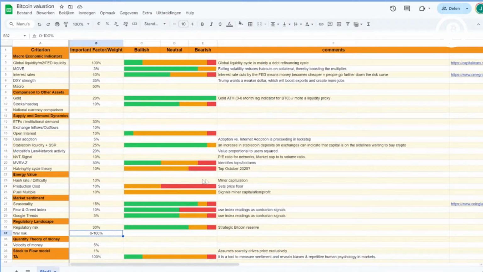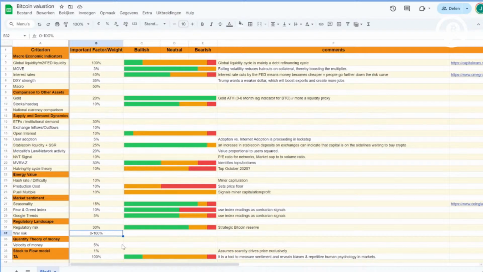It's more short term. I feel like it nukes, but usually whenever they talk about the war, you get those lower time frame dumps. But I've seen that they are often a very good buy opportunity indeed. So I agree with that. All right, and so this was literally every valuation metric that I think is important for Bitcoin.